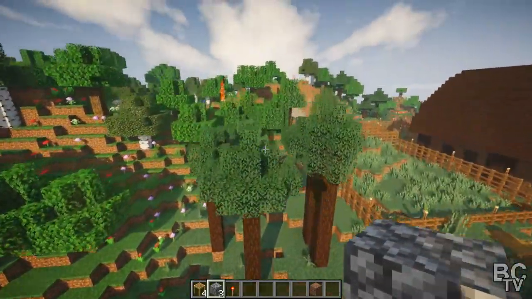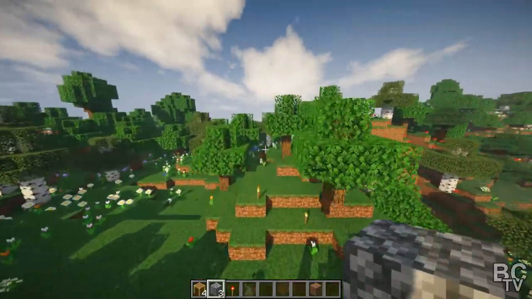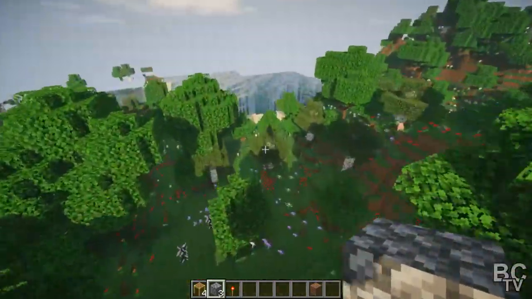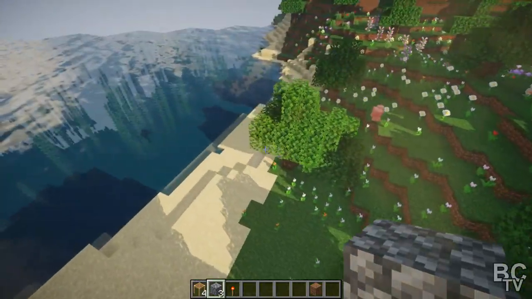So if you come up behind the barn and the little animal pen area, if you just come over this little mountain, you're going to come over to this little beach here. And this is where I brought...